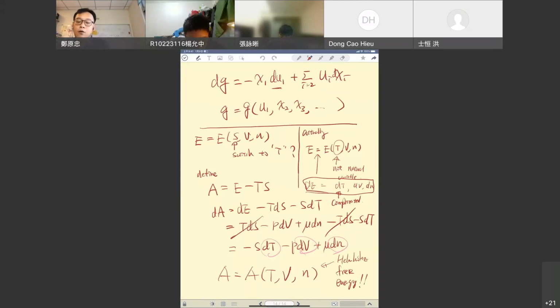And you might actually have already learned that if we change this natural variable to T, P, pressure, you have the Gibbs free energy. If we change from volume to pressure, then we have enthalpy. So there are auxiliary functions that allow us to calculate thermodynamic properties more easily